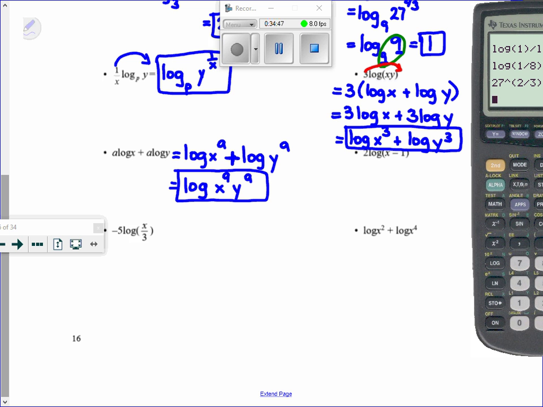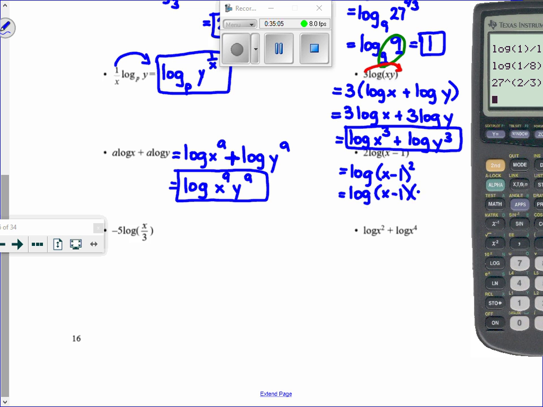Okay, the next one, 2 times log of x minus 1. Okay, so I'm going to bring my 2 up. So this is the same thing as log of x minus 1 squared. Well, I know right away that means I'm going to have to